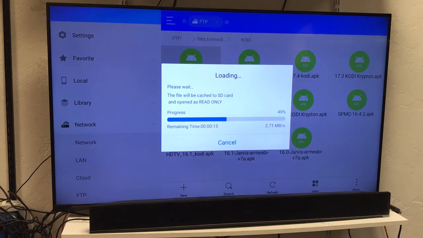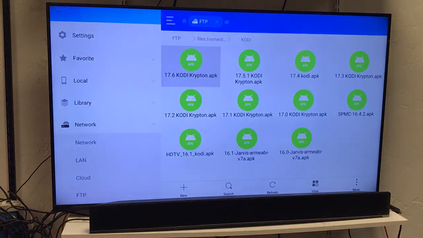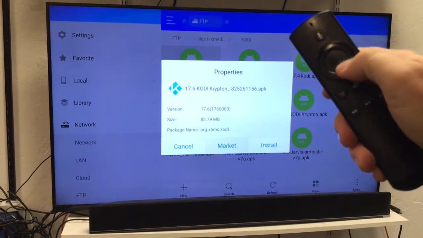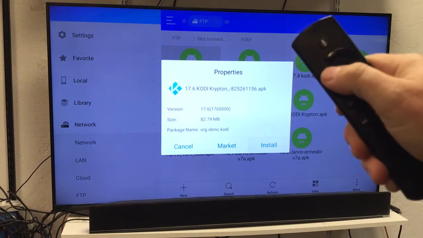Once this is done, you also want to follow the on-screen instructions in front of you as well. At the time of this video, the current version is 17.6 and the build is 8.6 HDTV. So now I go down on my remote and I go over and it says install right there,